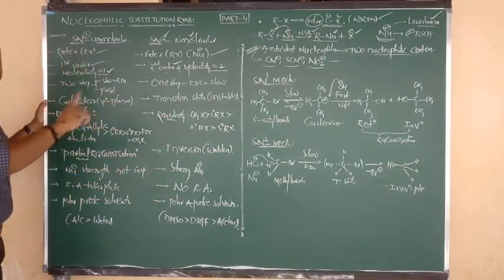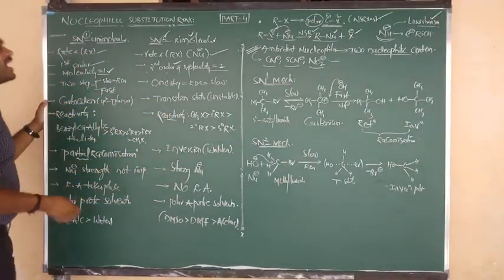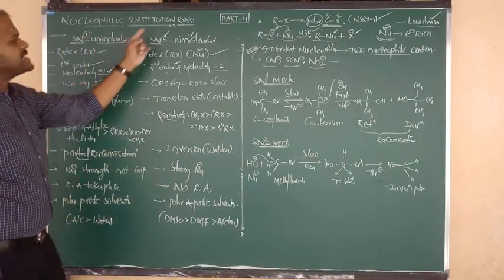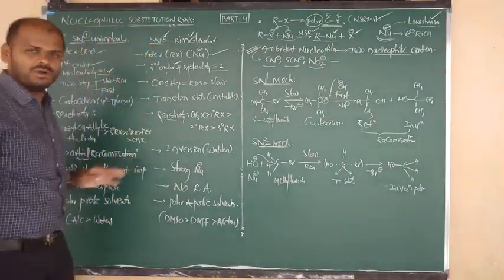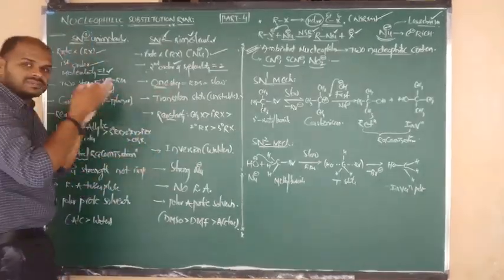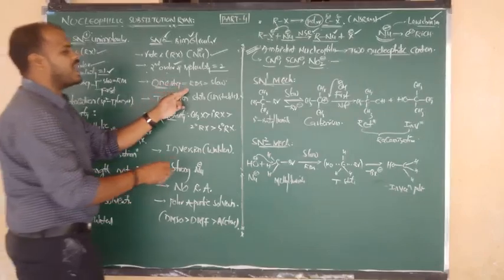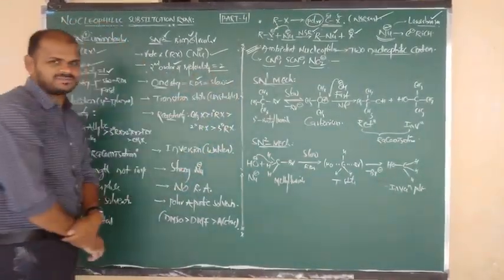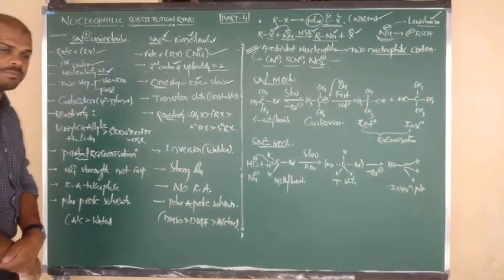Otherwise we get confused, this can go the other way around. Okay, how will we remember? SN1 is completed in 2 steps, SN2 is completed in 1 step. Good. So SN2 reaction is completed in only one step. Such a single step is known as the slow step, or we can say it is also known as RDS, the rate determining step. Good.